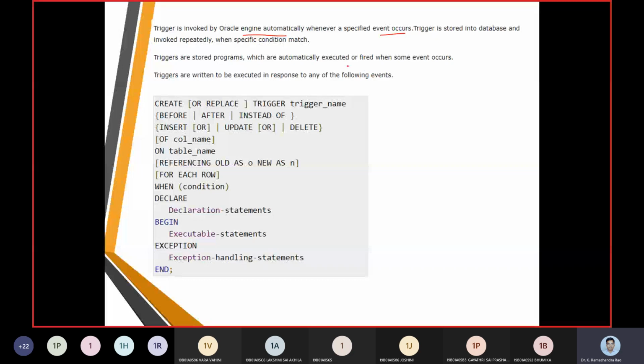For that, we call DBMS underscore output as the package name, and then we call put underscore line as the method name. Using the package name followed by a dot and then the method name is not a novel issue for you, right? You are already using it in Java, and we invoke it the same way.